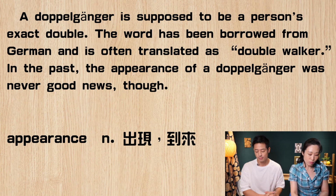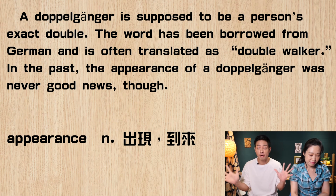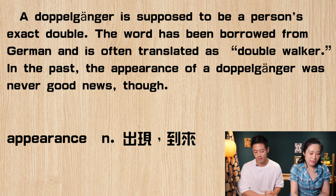In the past, the appearance of a doppelganger was never good news, though. 以前在过去的时候，分身的出现其实不是一个好消息耶。So here we see the word appearance. It's a noun meaning the act of appearing or arriving. 这个 appearance 这边当名词，它的意思就是指出现了一个什么样的事情。